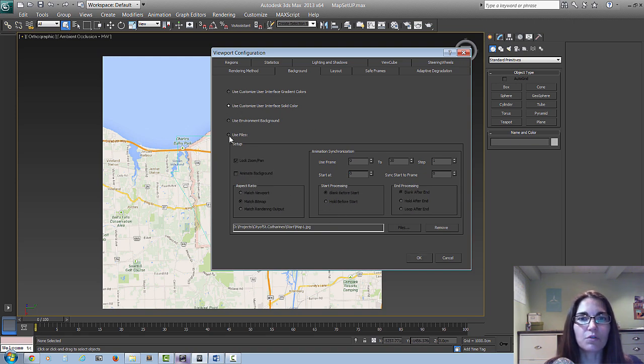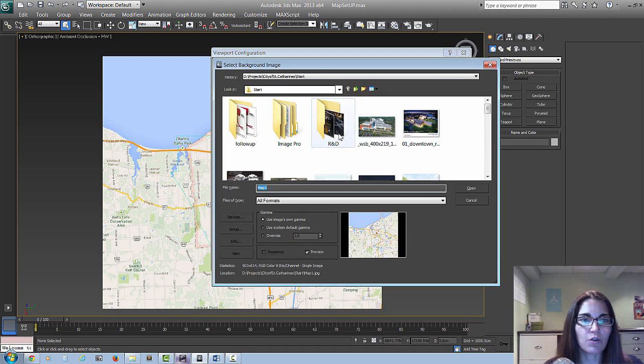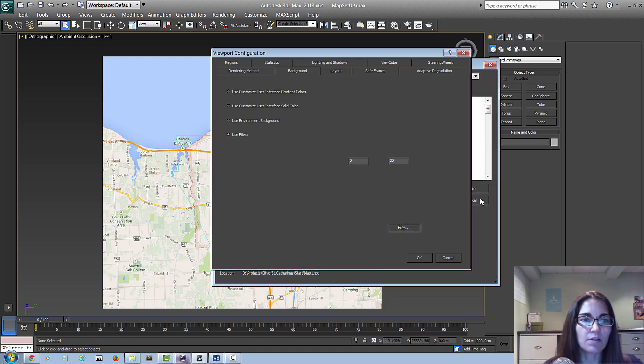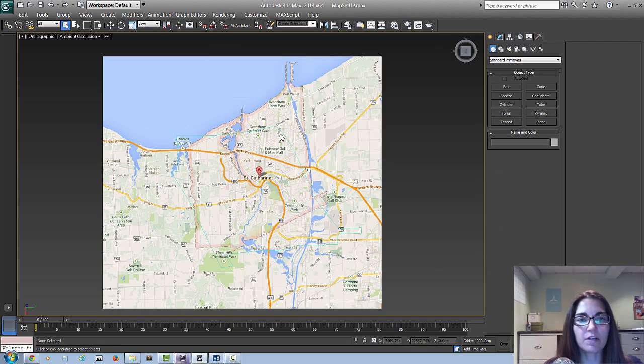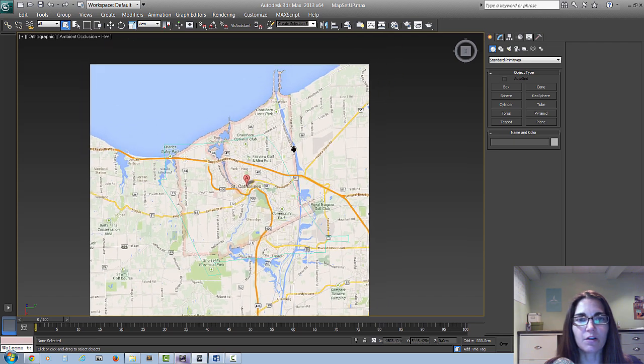What you want to do is go down to Use File, and come down to the Files button down here and just load up the image that you want, select Open, and then you'll want to set Lock Zoom Pan, turn that on, and then also in the aspect ratio area select Match Bitmap. And then we'll go OK, and now it's basically stuck in your background, which is a good